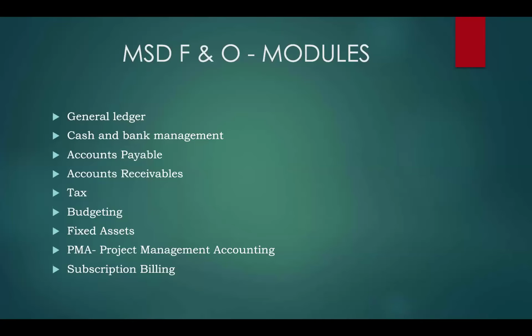which is connected with the entire accounting cycle with the vendor related transactions, right from procurement to payment, and then followed by accounts receivable. This is related to the customer related transactions, anything that is order to cash, or we call it the sales ledger. Accounts receivable, all these are the same, right from the customer placing an order till we receive the payment, the cycle that we're going to cover. And the basics of the tax module and the basics of budgeting.